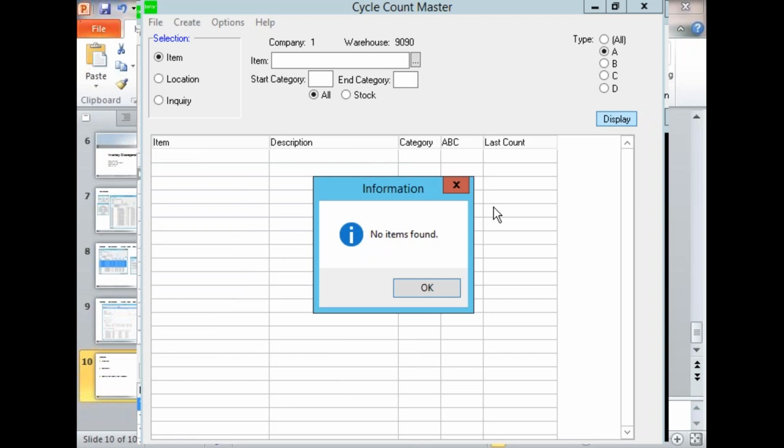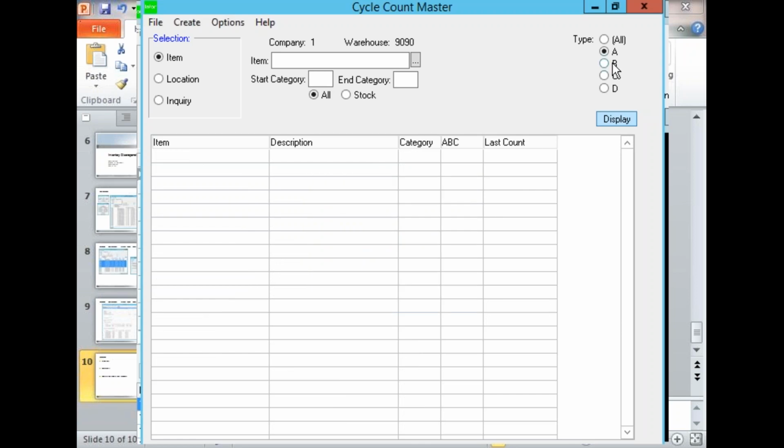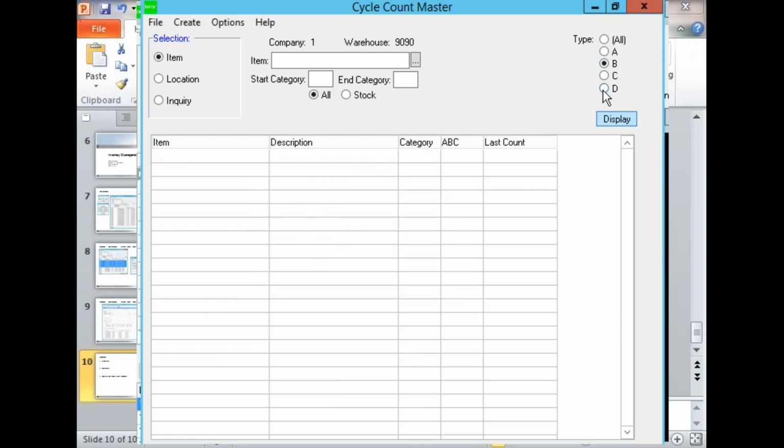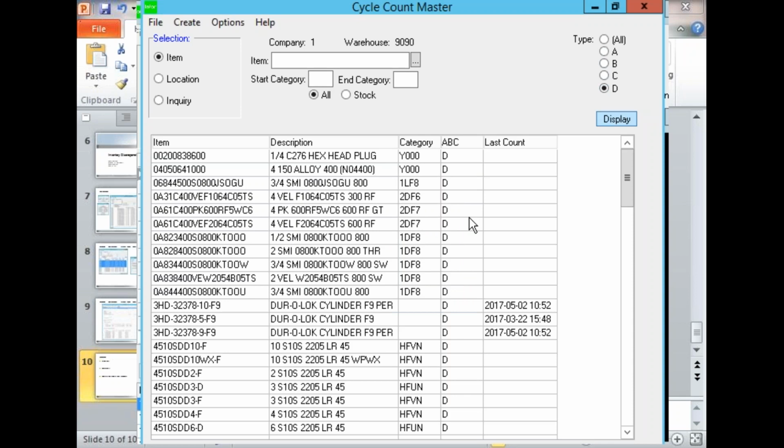Perfect. Well, there are no A items. Yeah, I think this is data. I can give you. They're all D. I got a lot of D's in this warehouse. This is all data, and this is one of my new warehouses. So we haven't implemented ABC, but this is going ahead and making use of that type. And again,